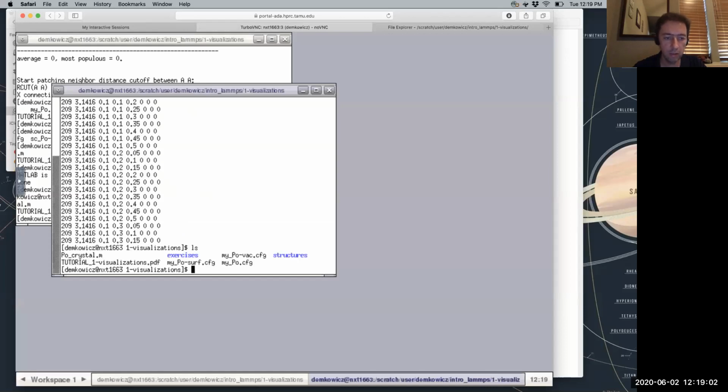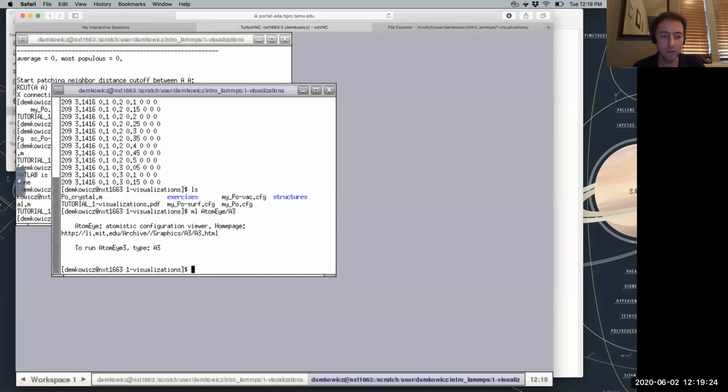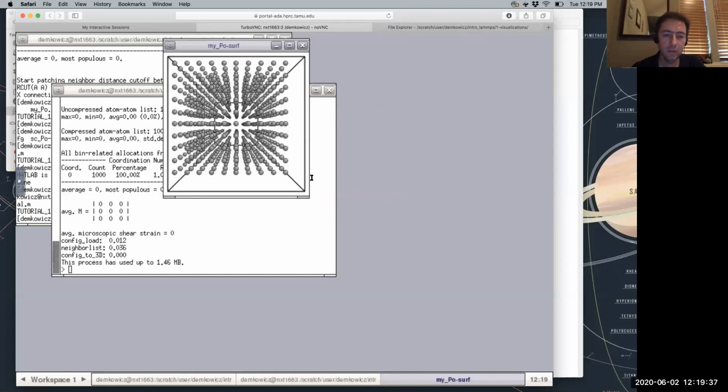So let's go back here. Here I am. Of course, this is a new window, so I have to once again add atomi. By the way, if you had an X terminal that didn't periodically stop showing you the text, you wouldn't have to keep doing this. So this is sort of my kludge. Maybe if we figure out for next time whether this is a Safari issue or some other issue, then I'll just use some other browser. Okay, my po-surf. I should be able to now see a nice surface file with a free surface.